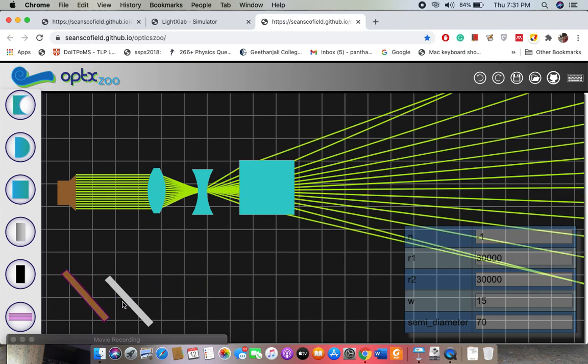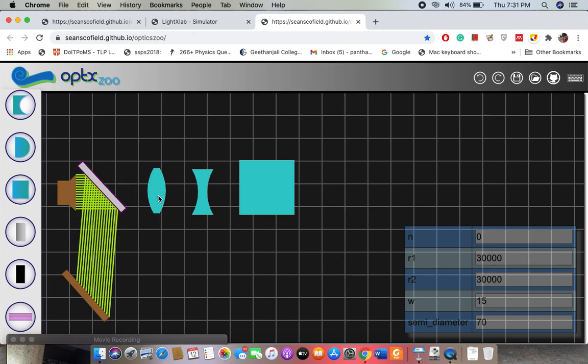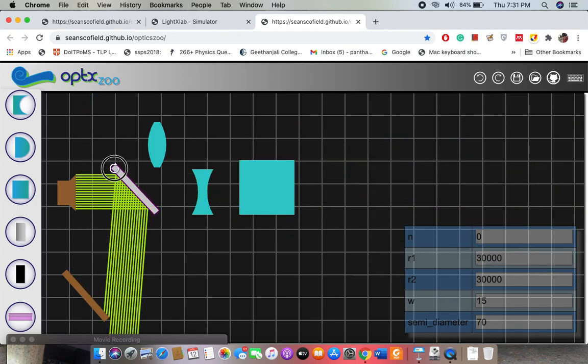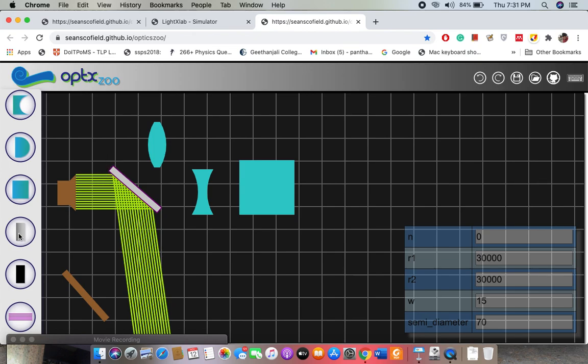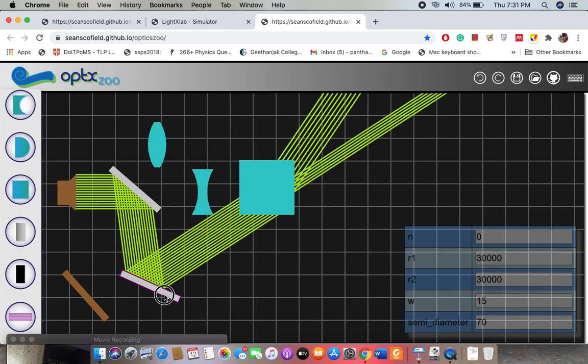If you want to insert this one here, let us see what will happen. I will show you just now. I will insert one more glass slab, something like this.